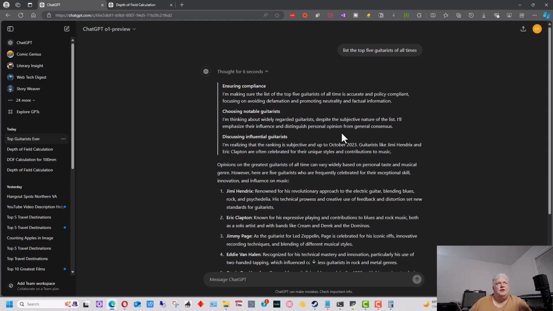Like I said, it's a slower model. It only took 6 seconds for this question, which is not a lot, but it would have probably answered it even a little bit faster on the 4.0 model. And so that's something to take into consideration. You might not want to use this model for everything because it's going to take longer to think about things. So it can take up to a minute or more to think about these questions, depending on the complexity of